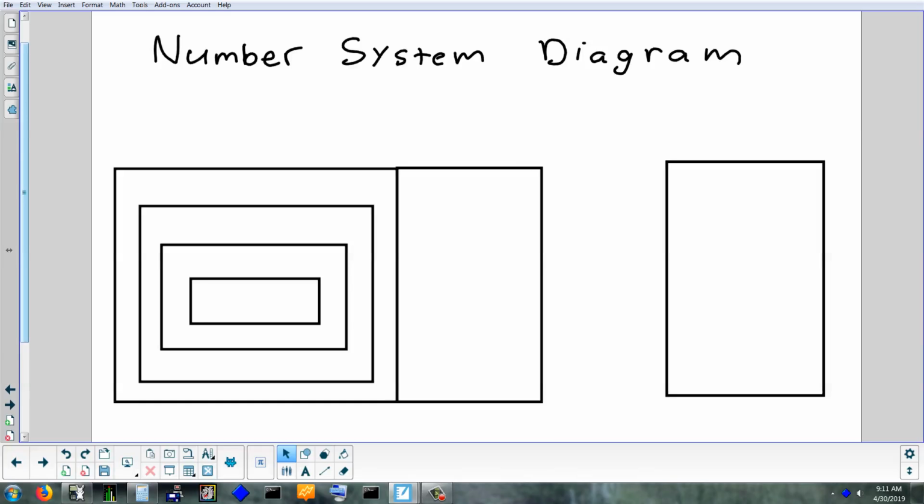Think of like kindergarten. What kind of numbers do you work with in kindergarten? 1. Okay, what else? 1 through 10, sure. What are those kind of numbers called? Real numbers. What's that? Real numbers. That's going to be the very last, well, second to last thing we do. That's like almost the most complicated thing we have. So,